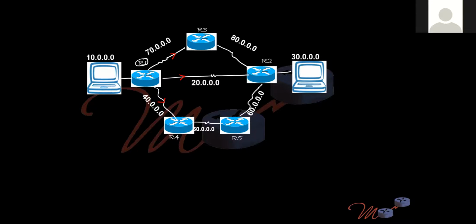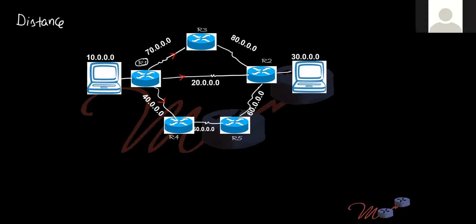Second. Which is the best path? 20. Why is that? Shortest path. How do you measure it? How many kilometers? Depending upon the routers, sir, we have 2 routers, right?